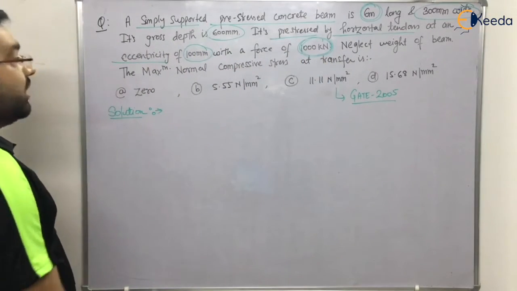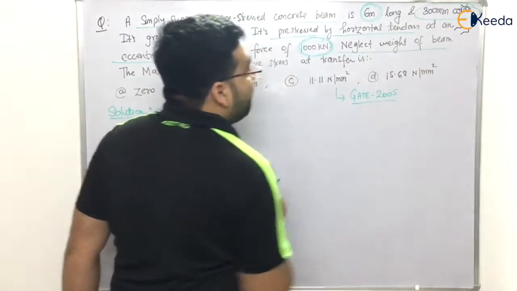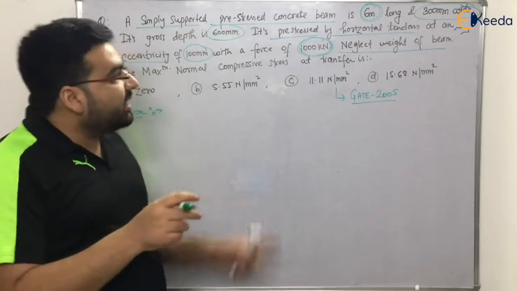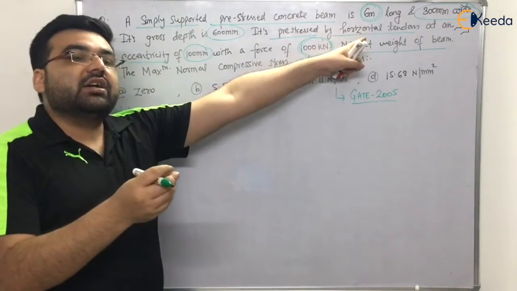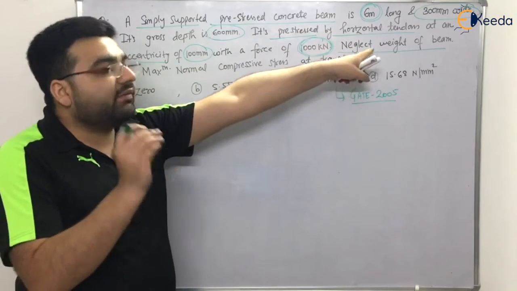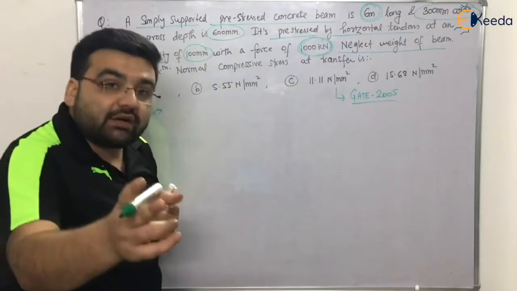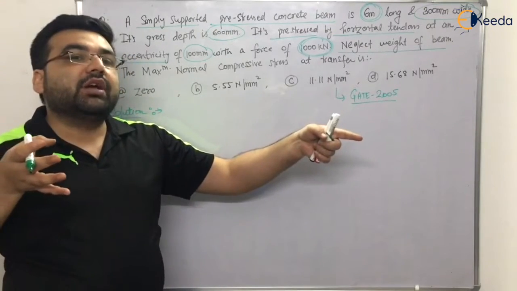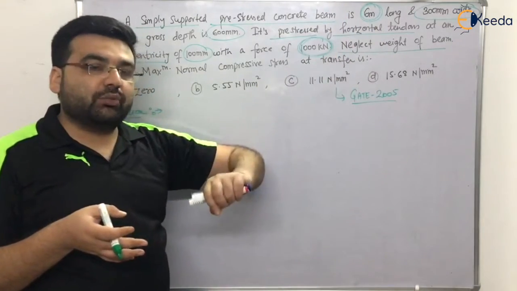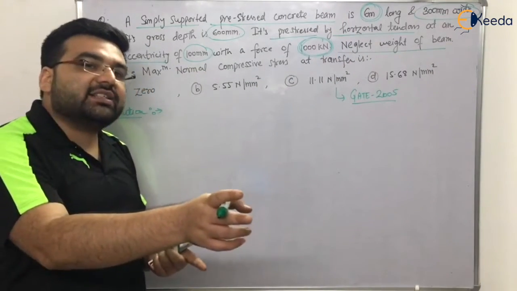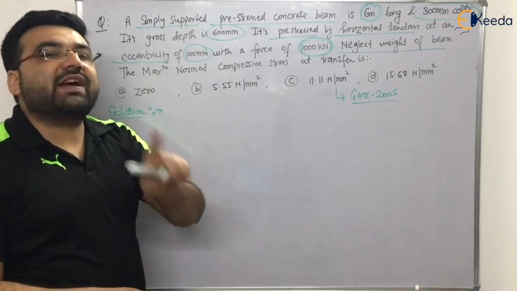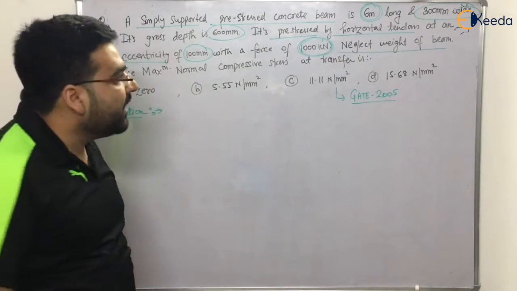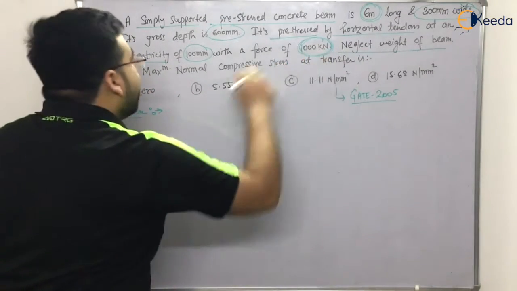Neglect weight of beam. Now this is also important. Neglect weight of beam. Now what I think is that if I would have to set the paper, I would say that because length is also given, you do not have to neglect the weight of the beam. If you do not have to neglect the weight of the beam, what you have to do? From the volume of the beam, you have to calculate the weight also, because for RCC the dead weight density is given by 25 kilonewton per meter cube, and for PCC it is 24. I have already told you all these things. So neglect weight of beam.